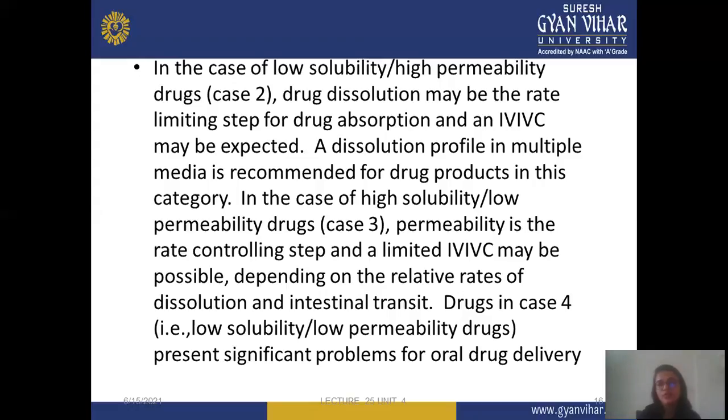A dissolution profile in multimedia is recommended for drug products in this category, but for this dissolution study, multimedia solution is required, and it is rate limited for absorption. In case of high solubility and low permeability, that is class 3 drug, permeability is the rate limiting step. Means in class 2, absorption is the rate limiting step, but in class 3, due to high solubility, low permeability is the rate limiting step, and IVIVC will be possible in class 3 depending on the relative